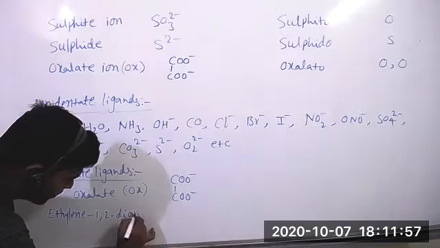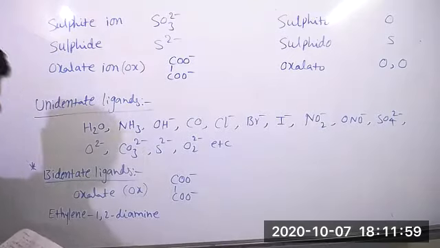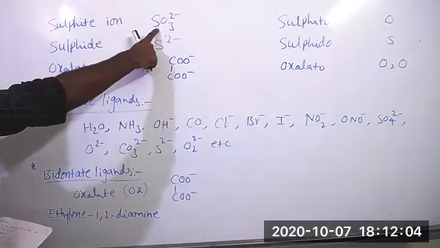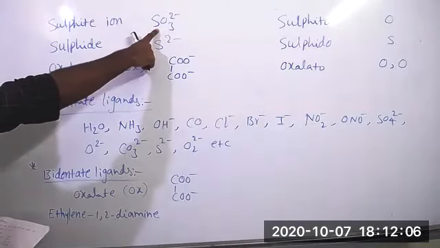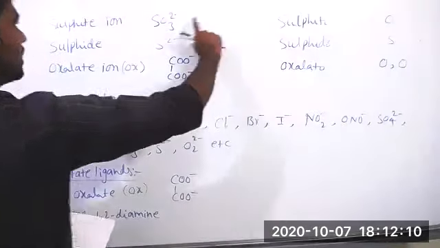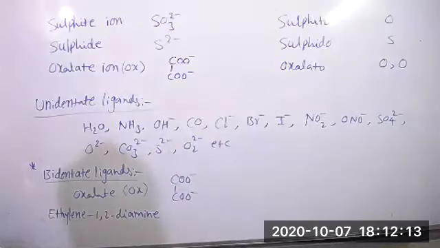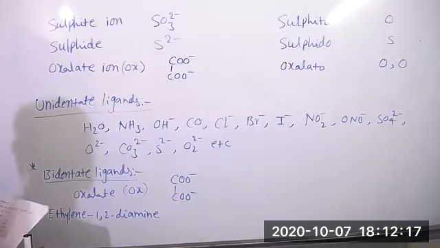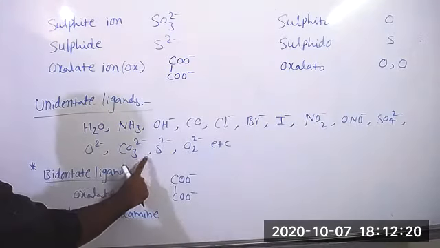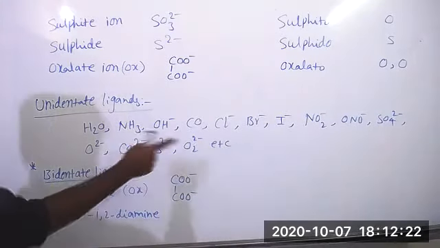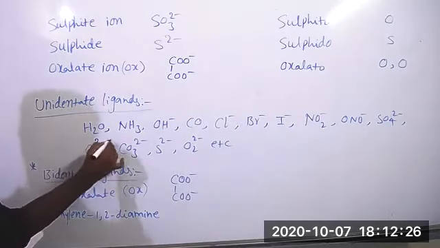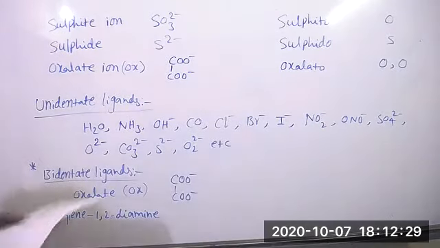So what is after sulfate, sir? Sulfate, this is SO3 2 minus. In monodentate ligands, sir. Yeah, these are monodentate ligands. After that, unidentate ligands you wrote, sir. After sulfate, it's blurred for me. Nothing, just comma. Then here I wrote O2 2 minus. After SO4 2 minus, then O2 2 minus.